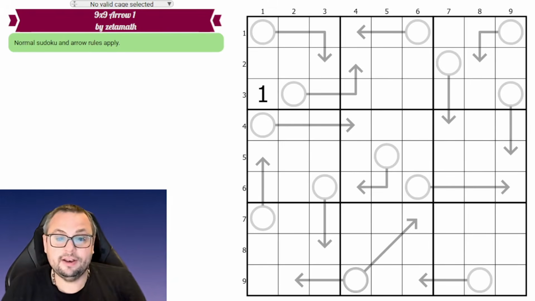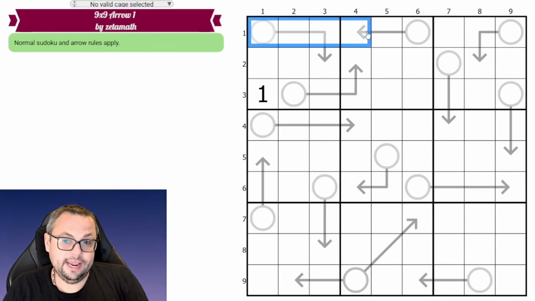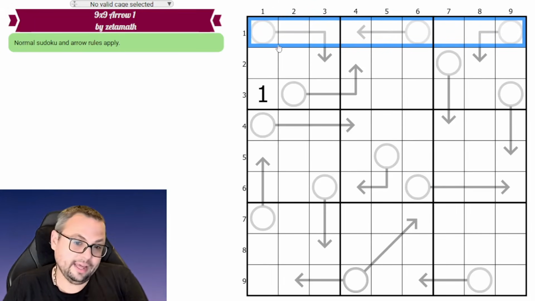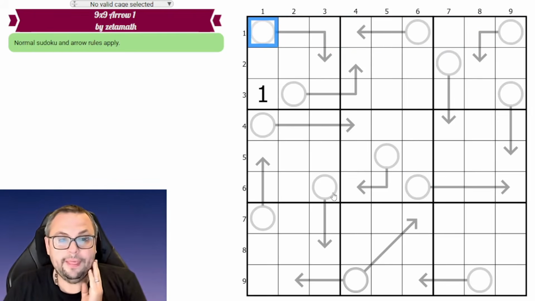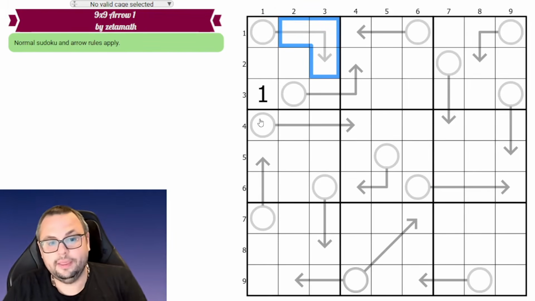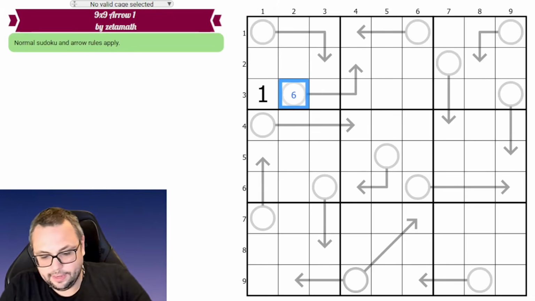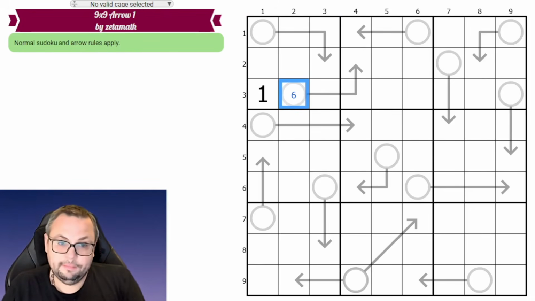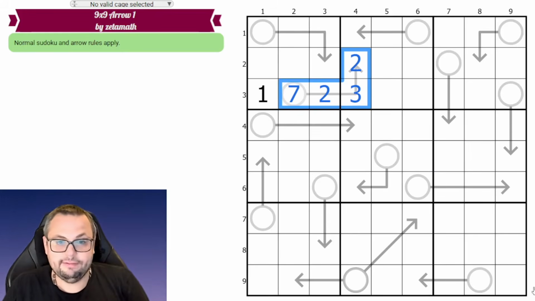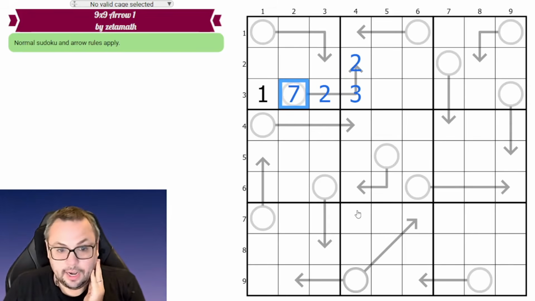We'll see. So how does an arrow puzzle work? First of all, we have normal Sudoku rules. So that means that we need to contain the digits 1 through 9 in every row, column, and box exactly once each. But then the arrows, what they mean is that the digit in the circle is the sum of the digits along the arrow. So for example, I could make this 7, 2, 3, 2,